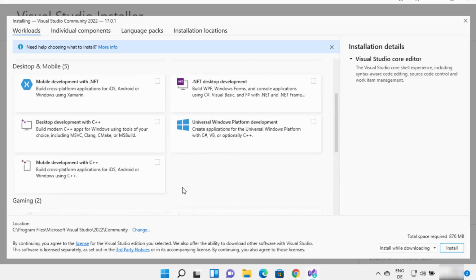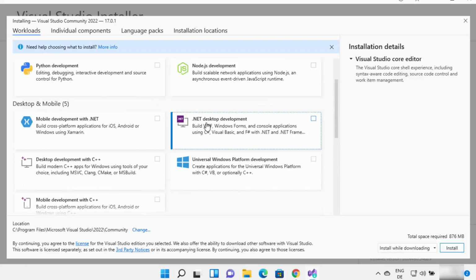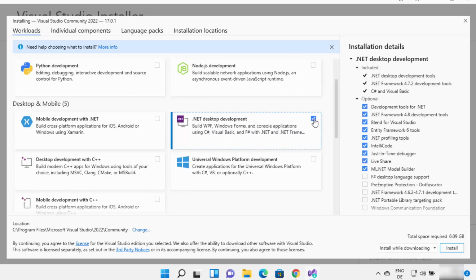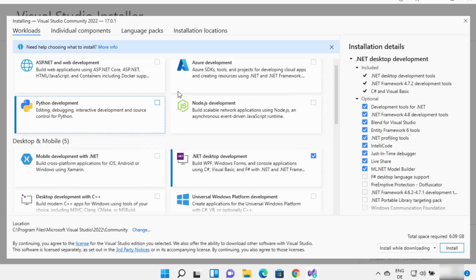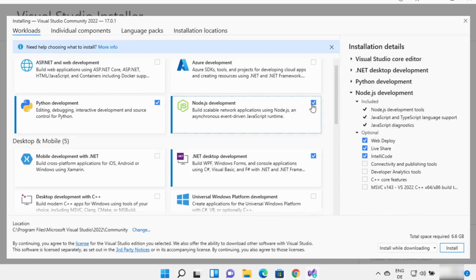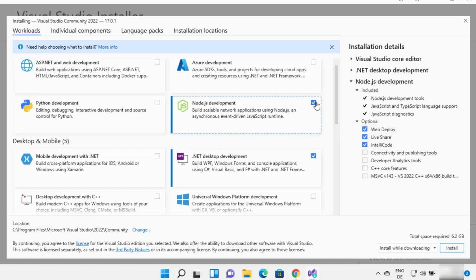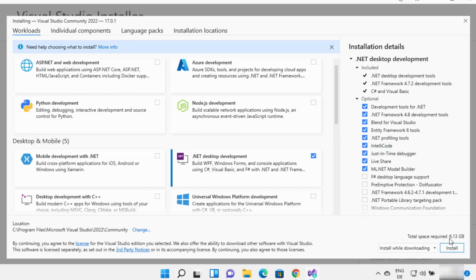Once you're done, you can just check that checkbox. So I want to use this Visual Studio for .NET desktop development, so I'm going to just check this checkbox. If you want to choose multiple technologies, you can choose them also. So I can check multiple checkboxes from here. And also it's going to show you the total space requirement for installing all these packages. When you uncheck some of these packages, you will see that the total space is going to reduce a little bit. For now, I'm going to just check .NET desktop development and then click on the install button,